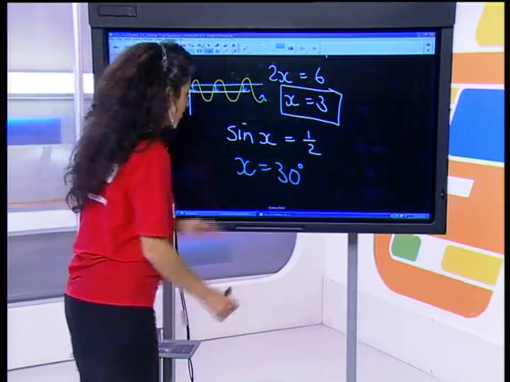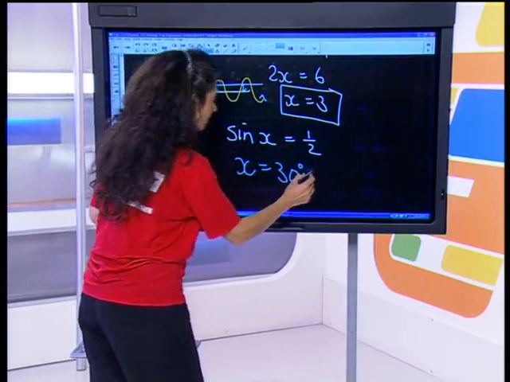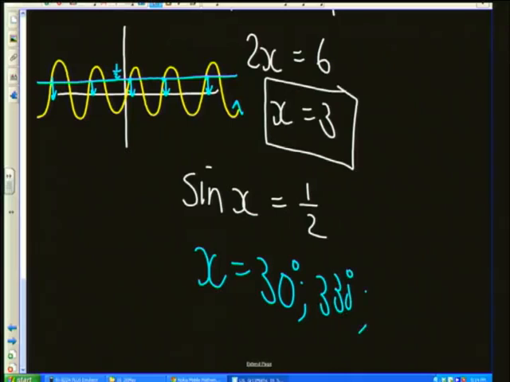So I'm not going to write x equals 30, and then it's also happening at 330, and it's also happening at 390. I'm not going to be writing all of those down, because they're too many. They go off to infinity. So what I say is I use clever maths, to say, hang on, I'm going to say it's 30 degrees, but then I must add 360 degrees. Actually, let's do it like this first. I must add 360 degrees. So let's add on 360 degrees. But then I must also add